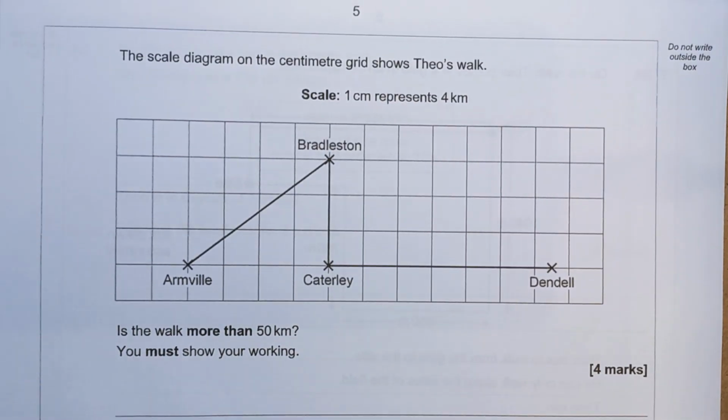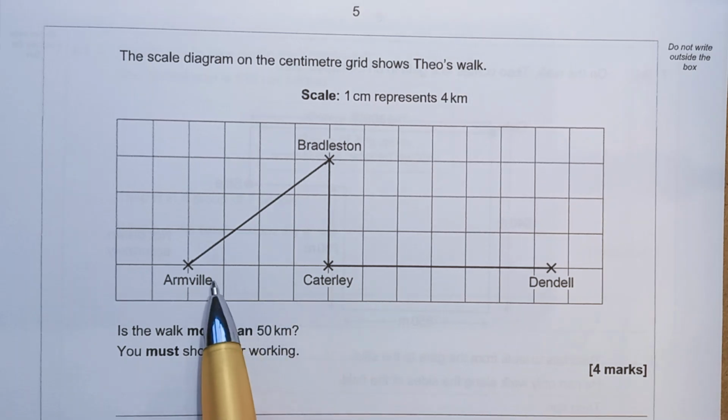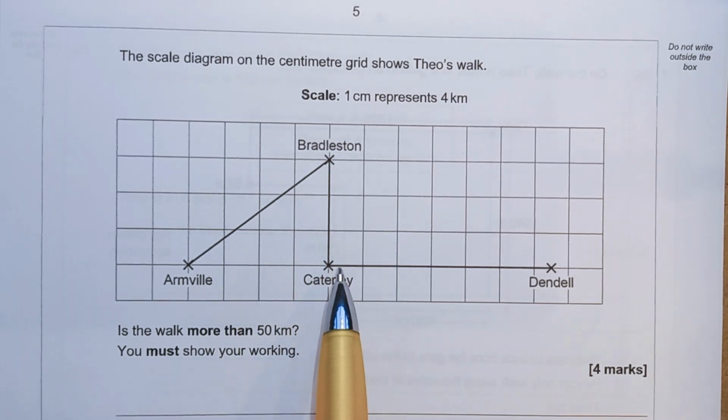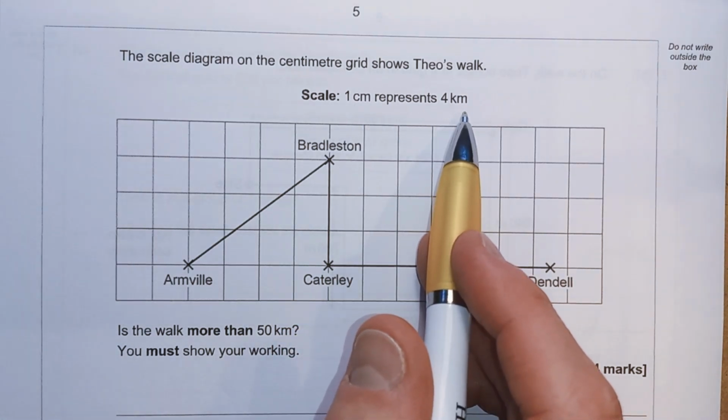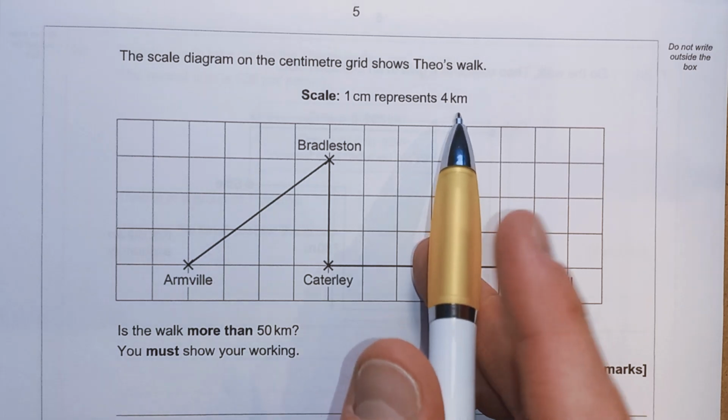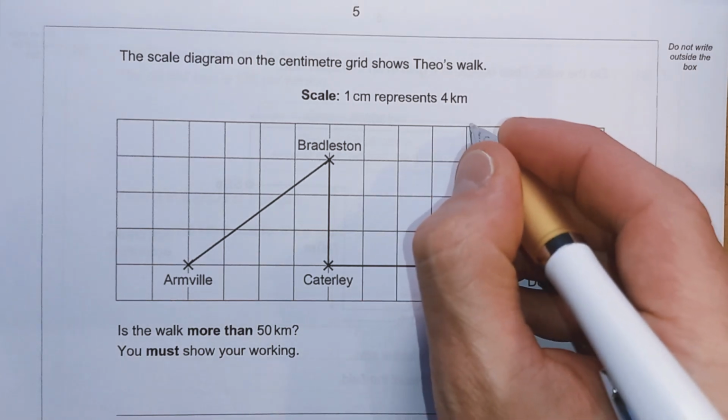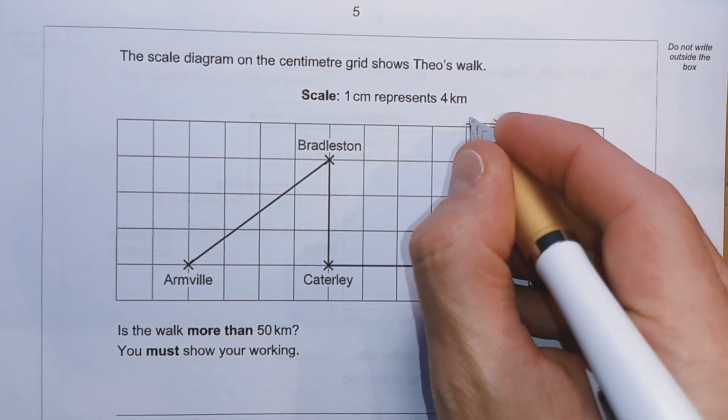Now we're told the scale diagram on the centimetre grid shows Theo's walk. Okay, so we've got this down here. So it's going from Armville to Bradleston to Catterley to Dendal. Is the walk more than 50 kilometres? You must show your working. Okay, well, we're told that 1 centimetre represents 4 kilometres. So that means that each of these, one part of this square